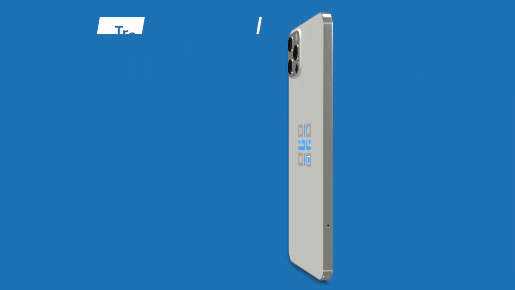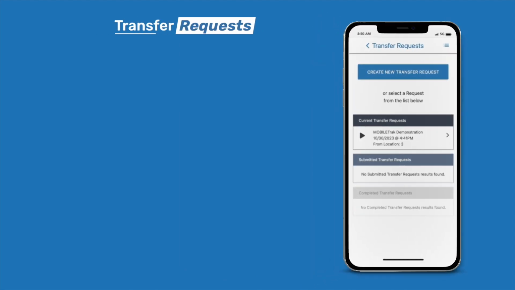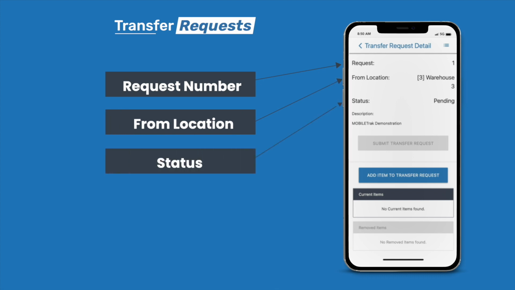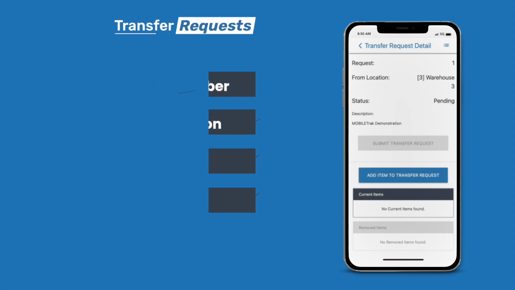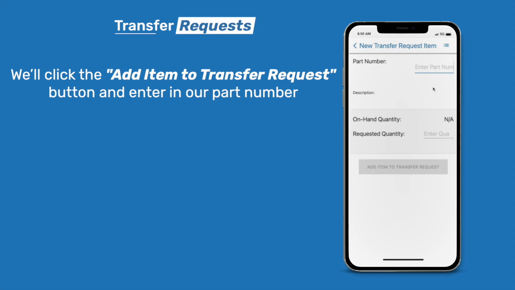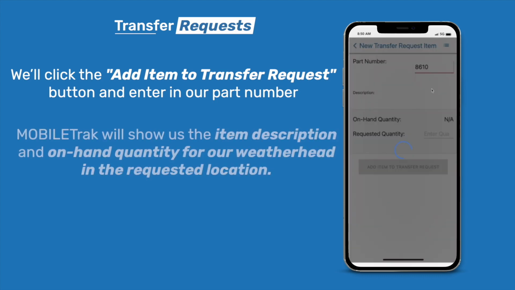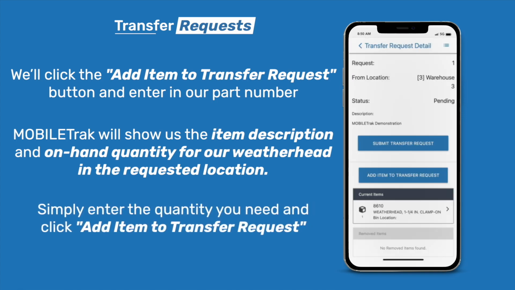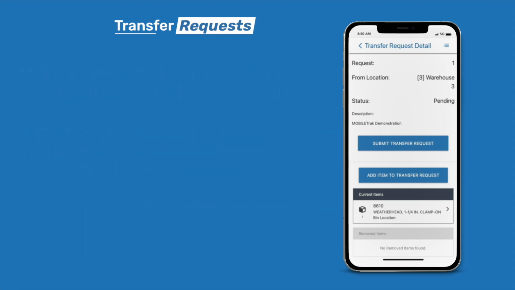Let's continue our request. Clicking back into our request, we see a new screen showing the request number, the from location, the status, and the description we gave it. Let's add our weatherhead to the request. We'll click the Add Item to Transfer Request button and enter in our part number. MOBILETrak will show us the item description and on-hand quantity for our weatherhead in the requested location. I'll enter in the quantity of one that I need, select the bin location, and then hit Add Item to Transfer Request. We'll be taken back to the Transfer Request detail screen and we now see our weatherhead in the